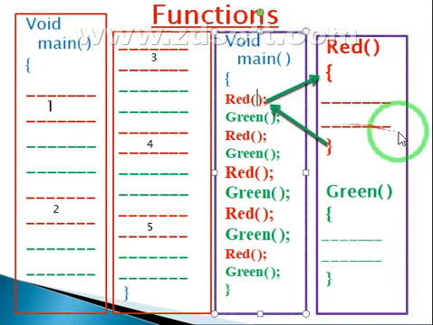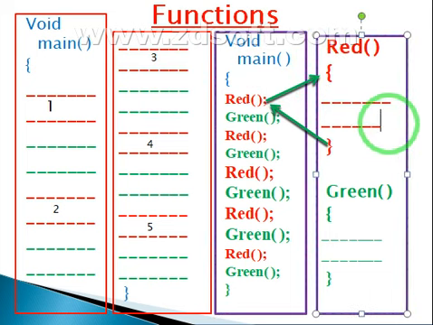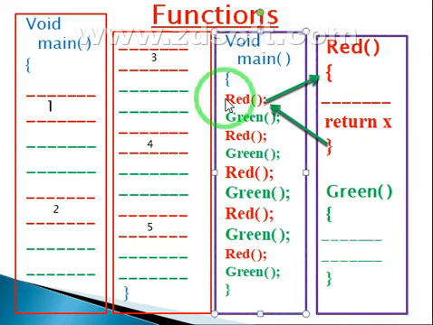If we are going to be writing here, return return x. Okay, so similarly here a equal to red open close semicolon. So whenever we are going to be sending the x, that x value is assigned to